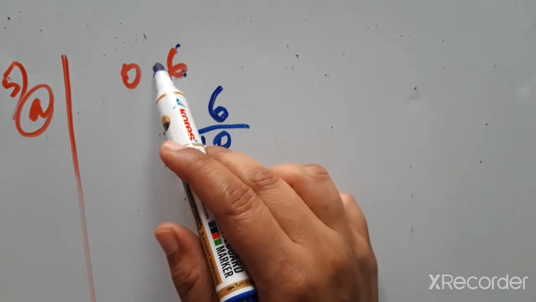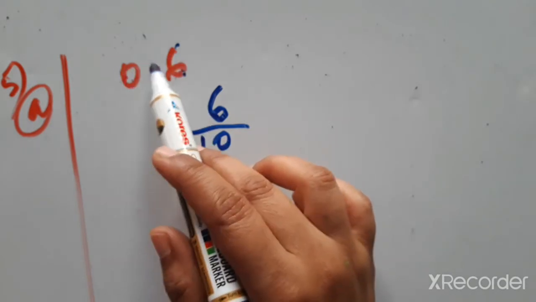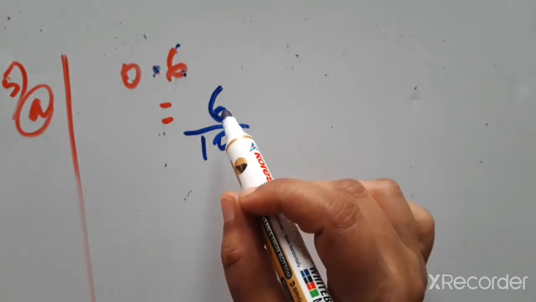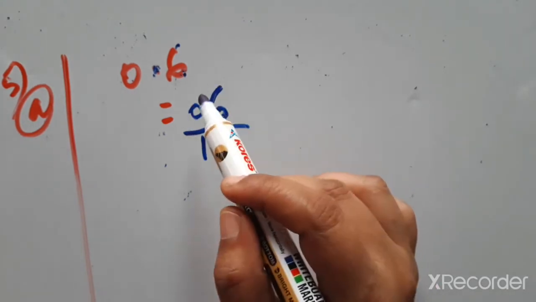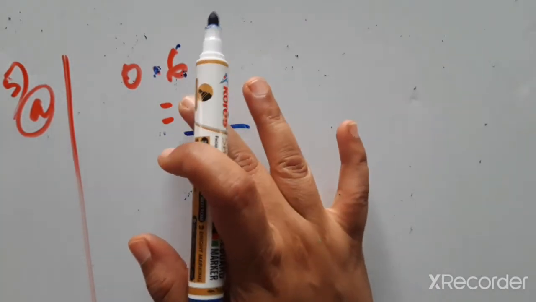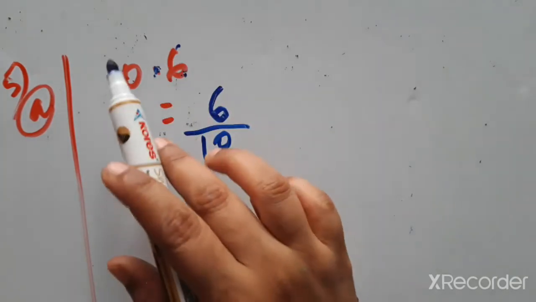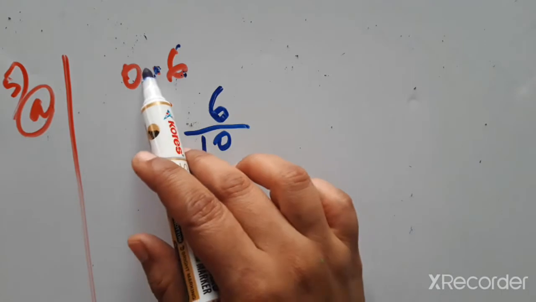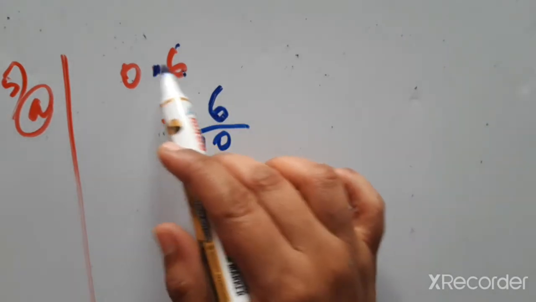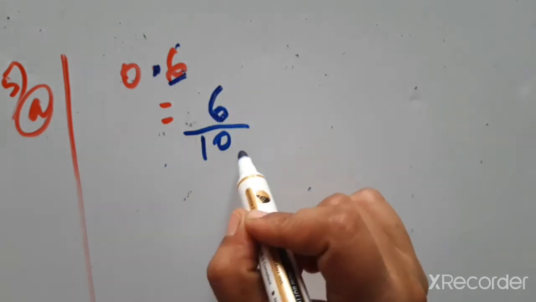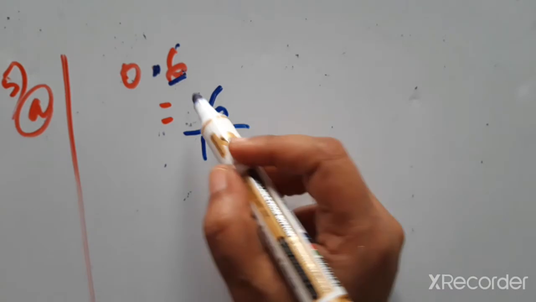Numerator: after the decimal there is 0 here. We have to write the numbers without the decimal point, so we write 06. Instead of writing 06 we can write only 6, because a 0 before any number has no value. For 4.6 we write 46 without the decimal point. Then after the decimal point, how many numbers? One number, so 10. So 6 by 10.